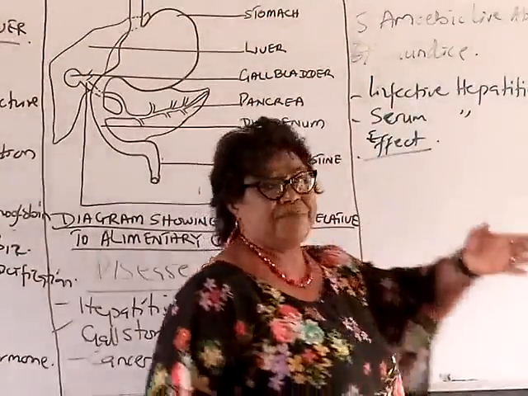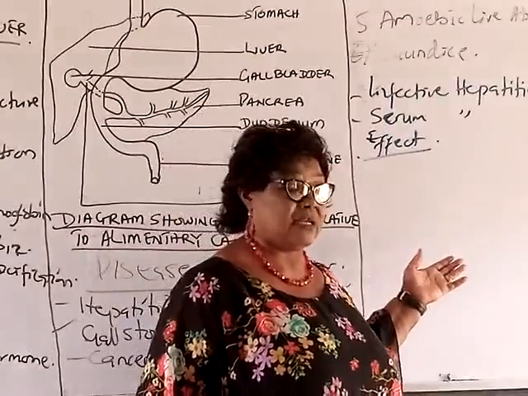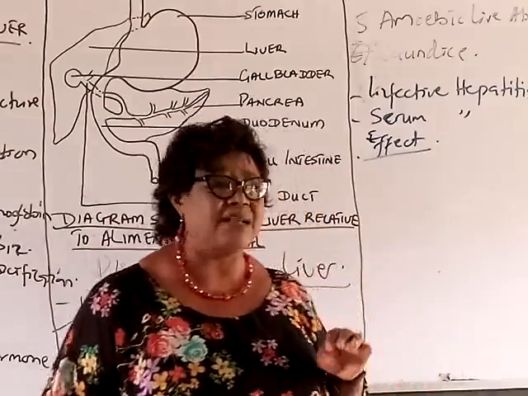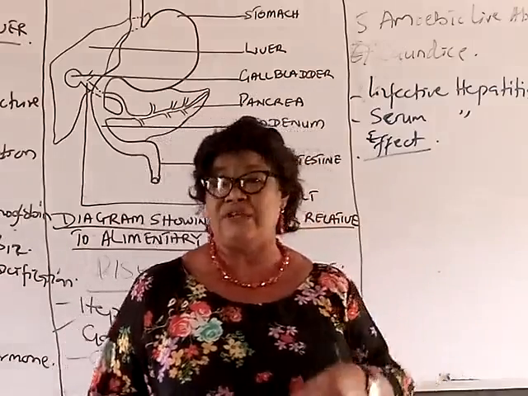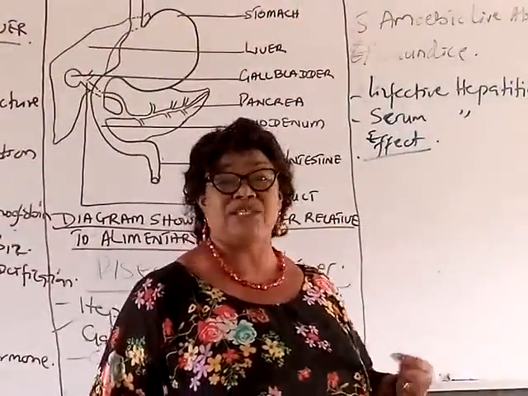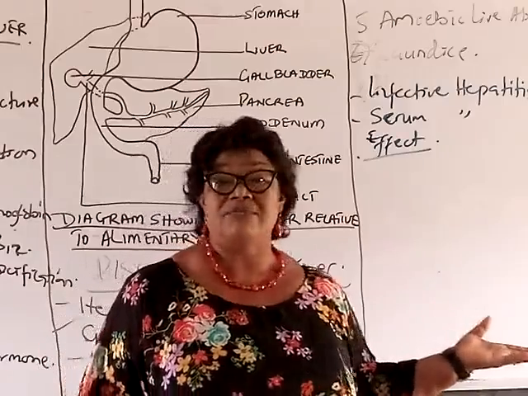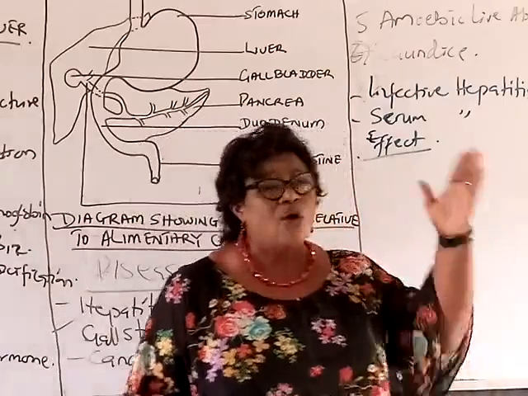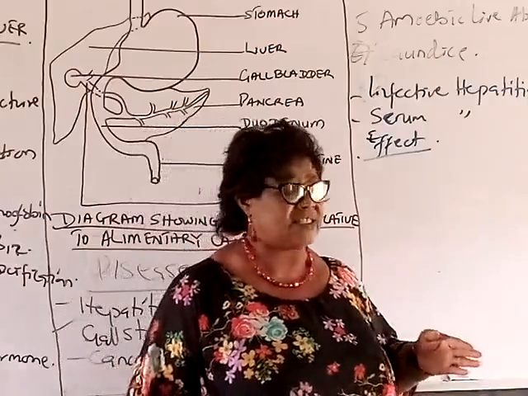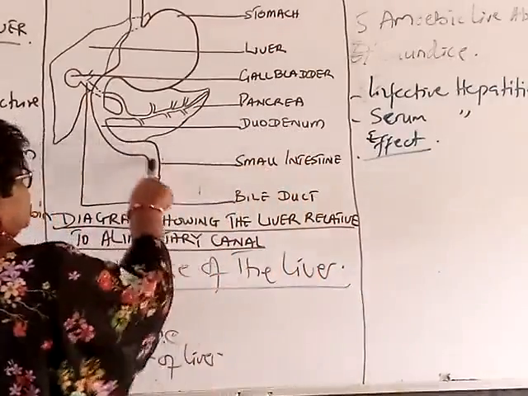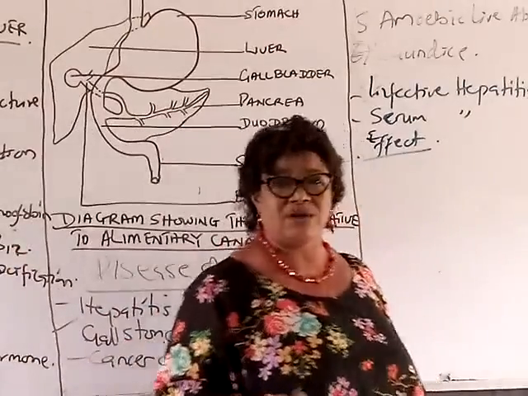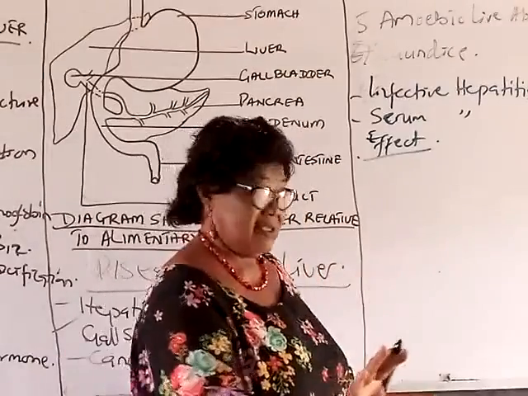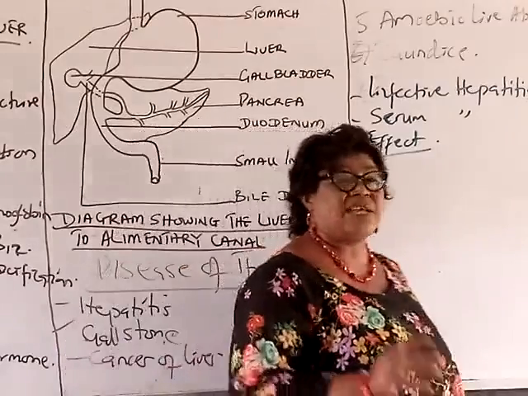And when you see it, if any part of the body is affected and it gets to the liver, let me tell you why it is very dangerous. Any part can be affected as a result of multiplication of disordered cells. Every food we eat, after eating, digestion occurs. The end of digestion occurs in the small intestine that we see here, and that is where absorption and assimilation begin. So the end product of digestion has to move to the liver via a vein known as the hepatic portal vein.